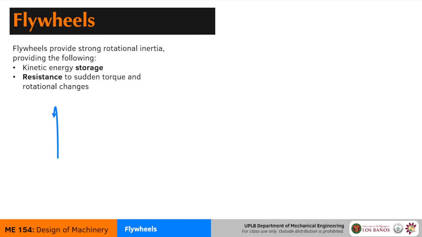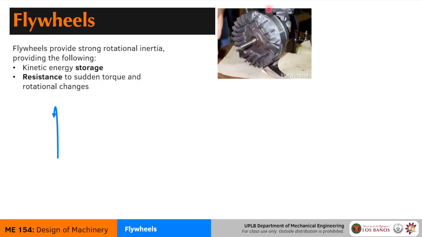So some examples of flywheels. I believe you've seen this before, especially if you've gone through ME 173.1. This fan here is not the flywheel, but the magneto that is connected to this flywheel fan is the flywheel. I believe there is some confusion when it comes to this. The magneto itself is the flywheel. So it performs a double function. It's heavy and it also has magnets which enable the ignition system.